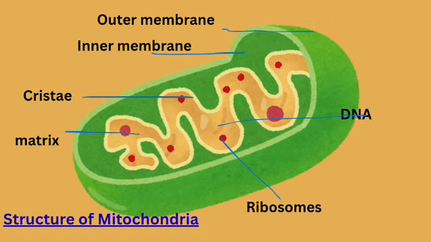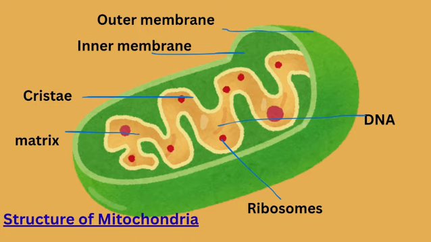So you can see that the mitochondria are surrounded by two membranes. The outer membrane is smooth and the inner membrane is highly folded into structures called the cristae. These folds increase the surface area, allowing more space for the enzymes that produce ATP, adenosine triphosphate, the energy currency of the cell. Inside the inner membrane lies the mitochondrial matrix, which contains the enzymes, mitochondrial DNA and ribosomes, making mitochondria semi-autonomous, that is capable of producing some of their own proteins and other